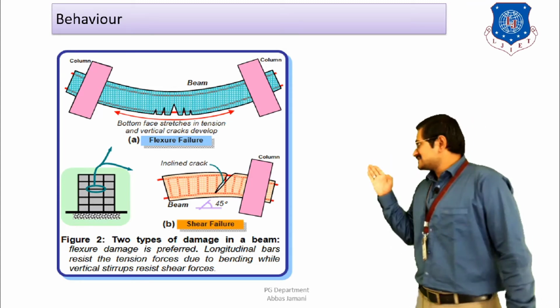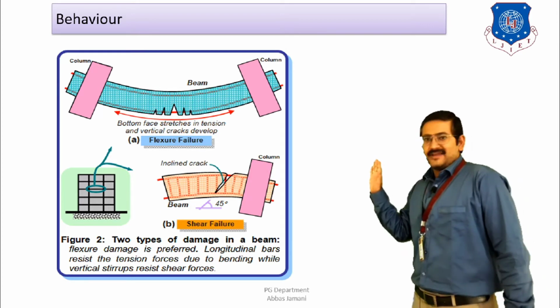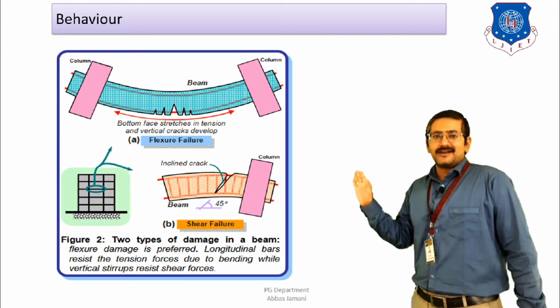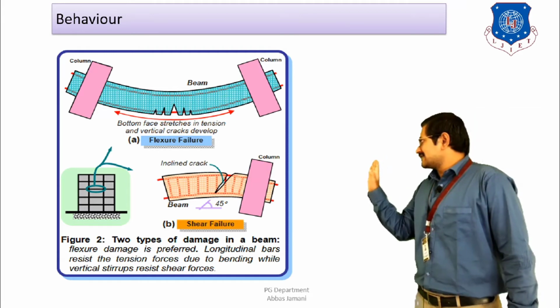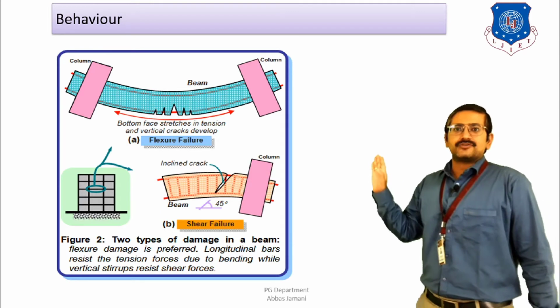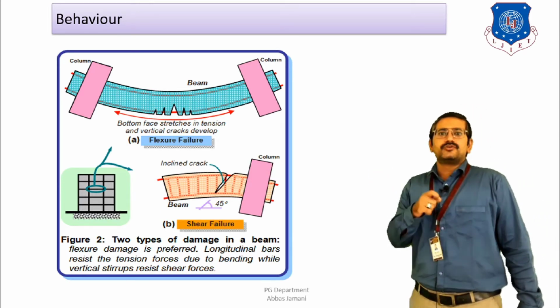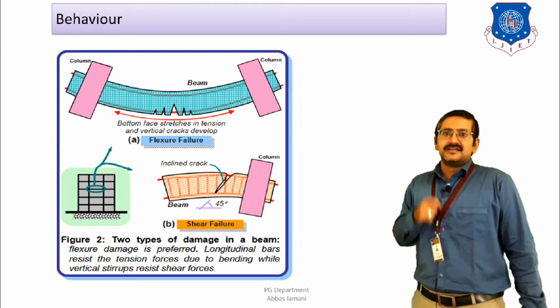As you can see in the figure, a diagonal crack will start from the support section, that is the top flange of the beam, and it will try to travel downwards. This diagonal crack that will take place is going to have an angle of 45 degrees with the horizontal. So if you want to avoid this kind of shear failure in the beam, then as a result of that